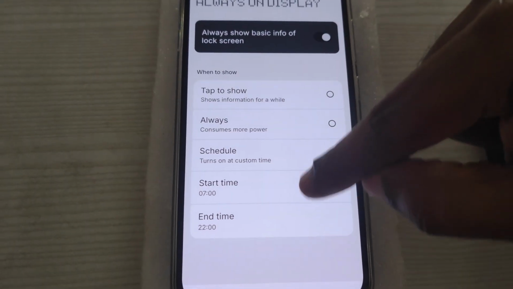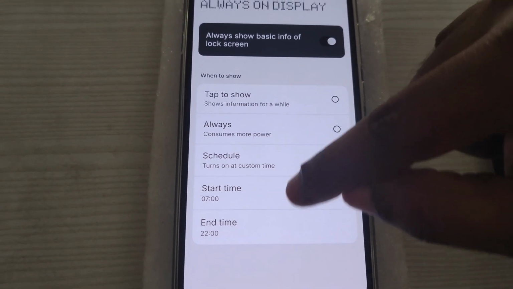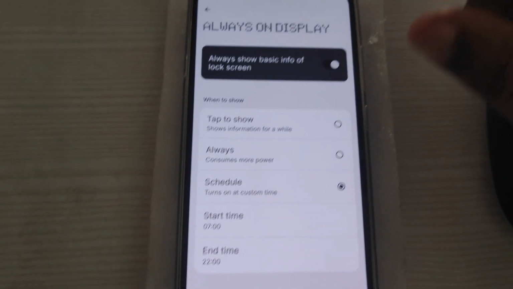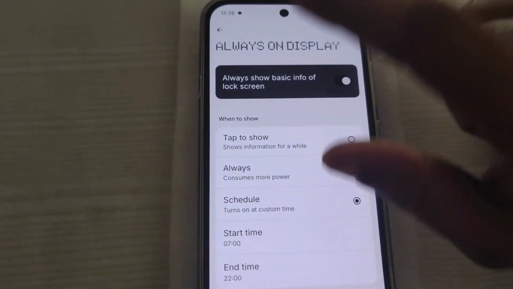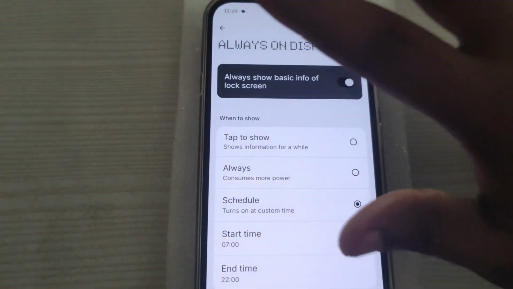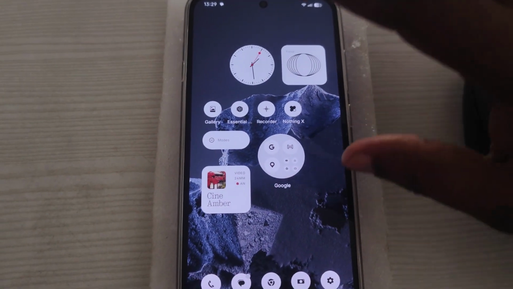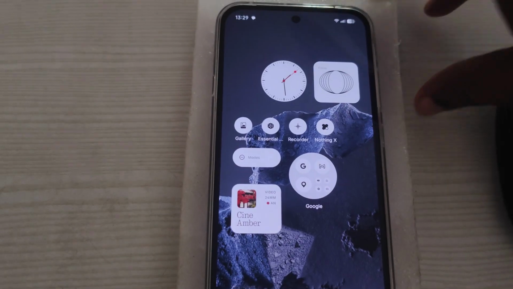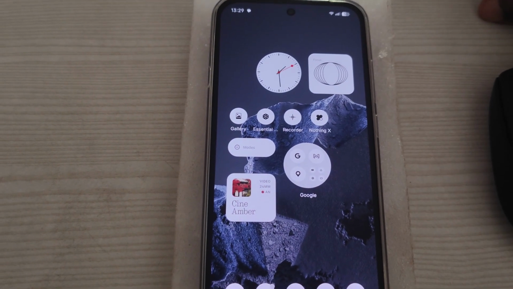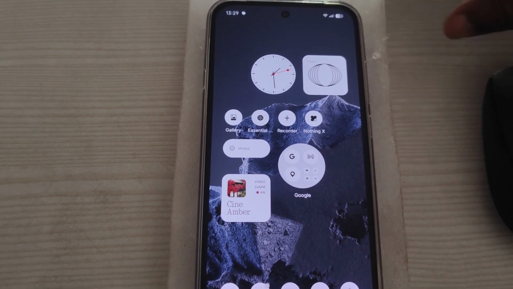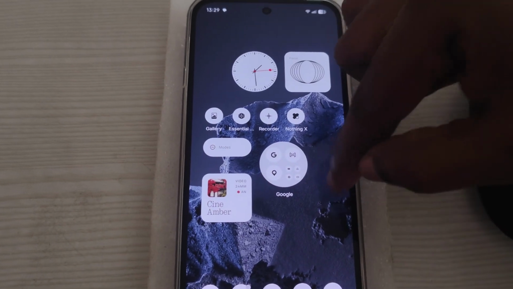Use this option and keep the timings like 8 a.m. to 9 p.m. or something like that. So it will only work in between those times and your battery won't get consumed much. Anyway, we have practically seen that my battery, especially this phone in this case, is not consuming much battery power for the AOD. So I can